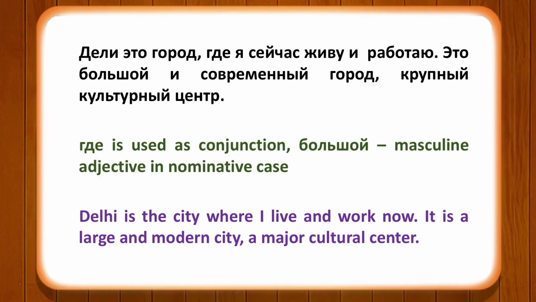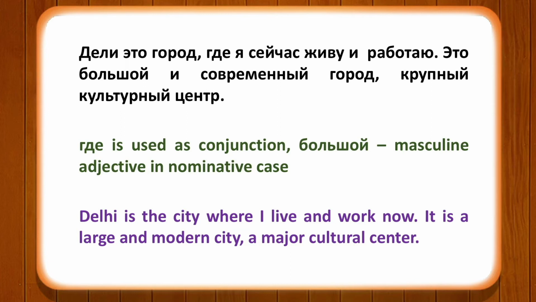Dear learners, now once again I will translate the text and analyze it from the point of view of grammar. Delhi eta gorad gdye ya seychas zhivu i rabotayu. In this sentence, you will see the verbs zhit and rabotat. These verbs you know because we have already discussed them in previous modules. Zhit means to live and rabotat means to work. So we will translate this sentence like